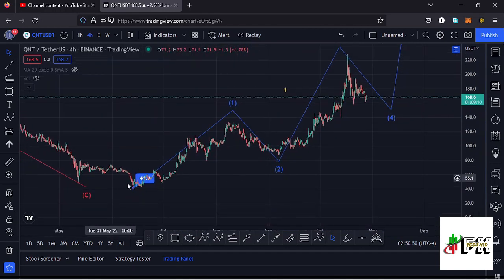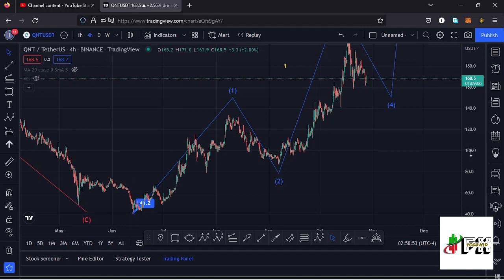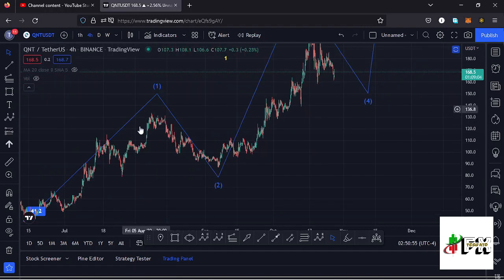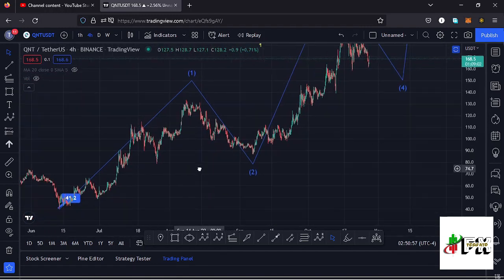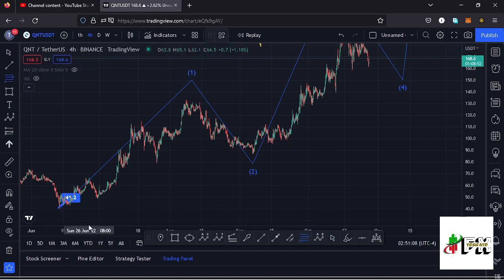After making our low down there, we saw a very nice bounce to the upper side, forming the high for that first wave. Then after the formation of our first wave to the upper side, we saw a very nice retracement over here in the formation of a wave 2, and using the Fibonacci's, we can sketch out a minimum target area to the lower side in the formation of this wave 2